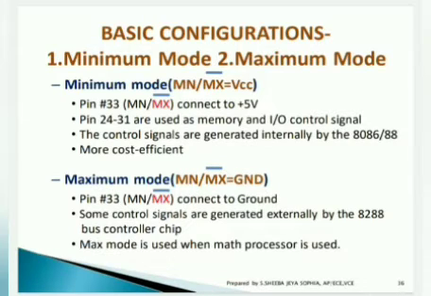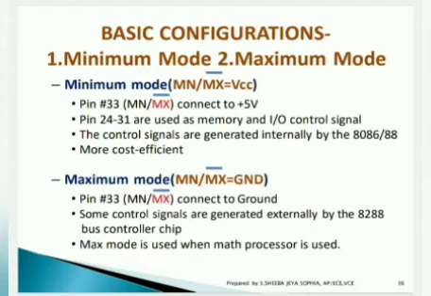In maximum mode, external devices, that is coprocessors, are combined with your 8086 processor. So any processor can take the control of the device and can use the bus for processing. The 33rd pin decides whether your device is going to operate in minimum mode or maximum mode. If you are connecting it to the 5 volt power supply, it will be operating in minimum mode. If you are connecting it to the ground, it will be operating in the maximum mode. This is the simple concept lying behind the minimum and maximum mode.